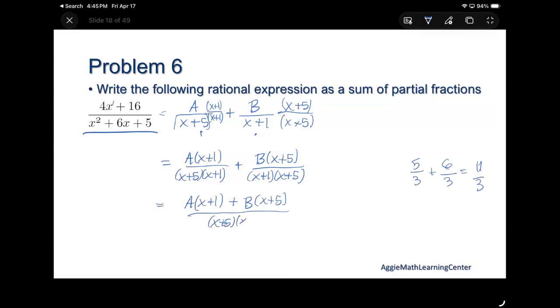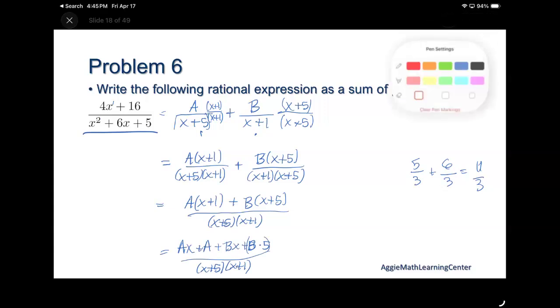my common denominator. Now I'm going to distribute right here those terms on the top. Ax plus a plus bx plus b times 5, plus 5b is usually how I say that, all over the common denominator. Now I'm going to gather like terms. My whole goal is to be able to look at